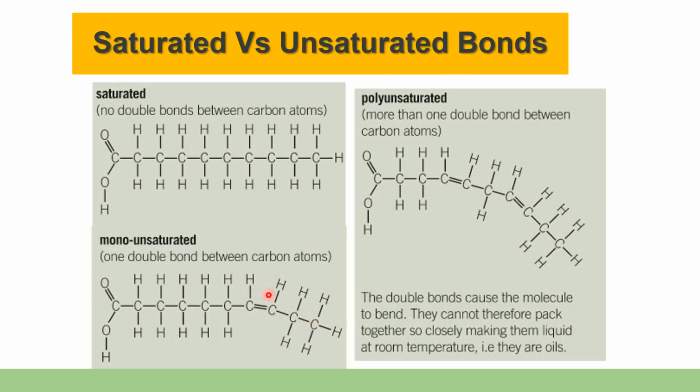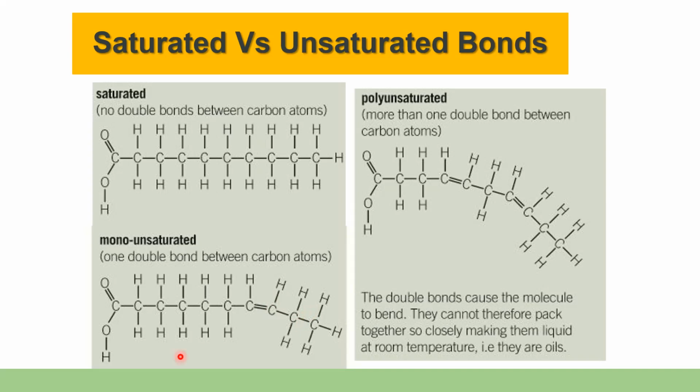So in this case, what happens? We have a lesser number of hydrogen atoms as compared to saturated, because in saturated the valency is being completed here. Here, what is happening? There are already 2 bonds between these carbons also. So we have a lesser number of hydrogen atoms. They are in an unsaturated form. So unsaturated fats can actually bend because of that. Because of this double bond, the molecule bends.